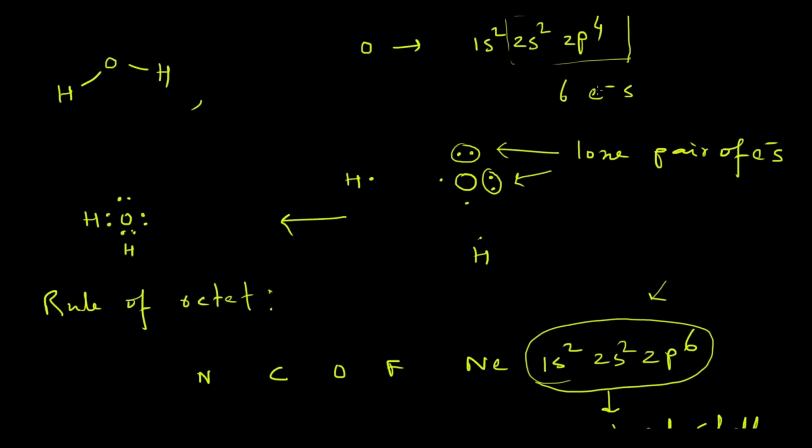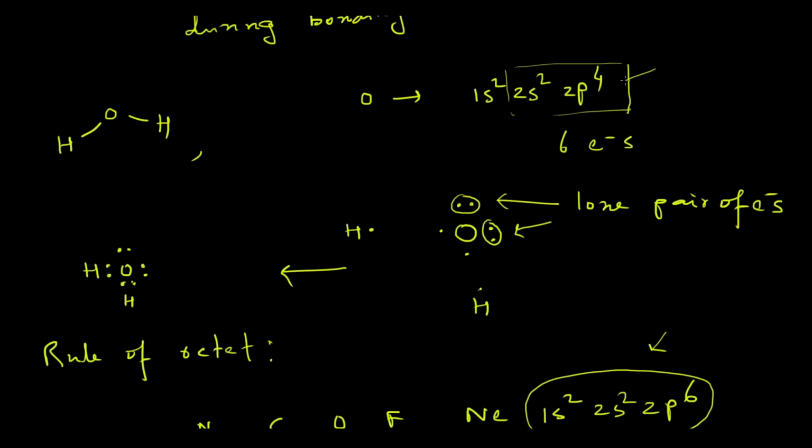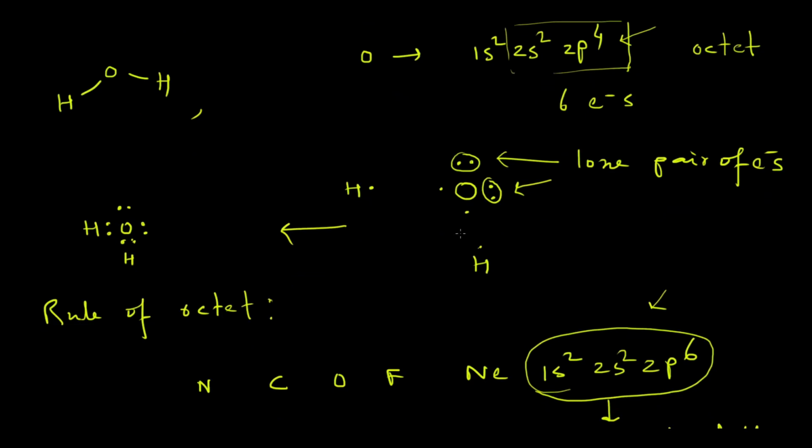Here you can see that oxygen can accommodate 2 extra electrons in its valence shell, and after accommodating them it will get an octet configuration. That is, the valence shell will be totally closed. To do so, it forms two covalent bonds with two hydrogen atoms, and after the formation of this water molecule, you can see that these two bonding pairs of electrons are now shared by both oxygen as well as hydrogen.